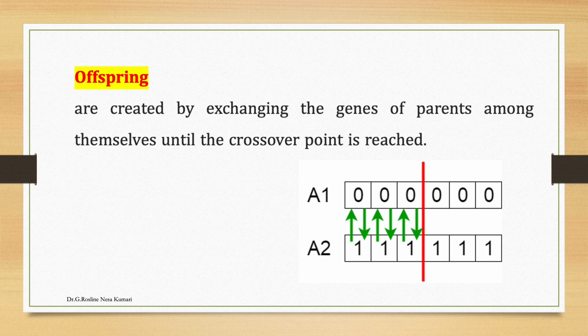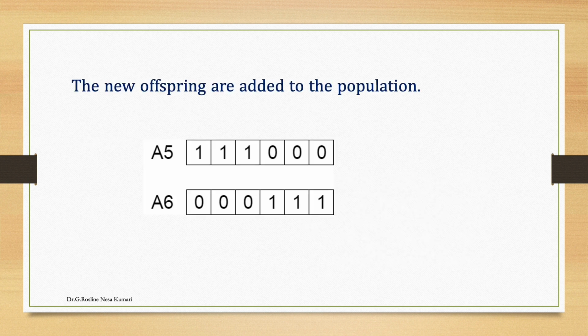See this figure, from which we can understand how the genes are interchanging. So A2, A1 are the individuals. The crossover which we want to be changed, so this is the 3-point crossover. Here the values we are changing. So this one is going to become part of the A1 individual, and the A1 individual genes are going to come to the A2 individual. So the new offspring are added to the population. These are the values we interchange. Now we got the new offspring for the next generation.